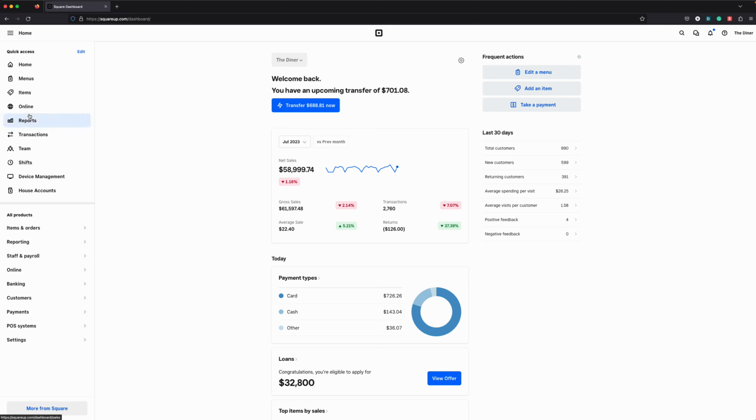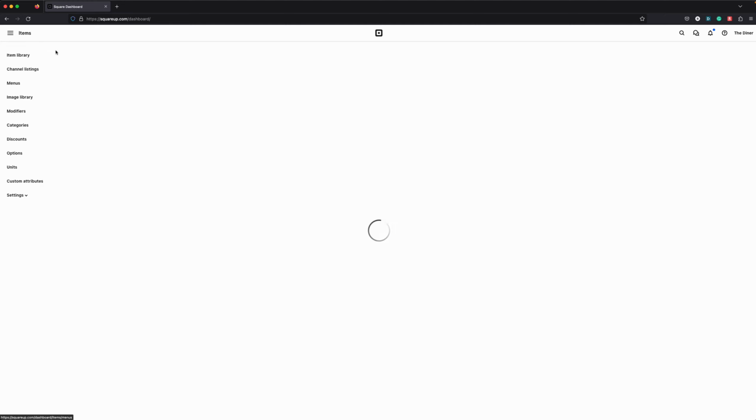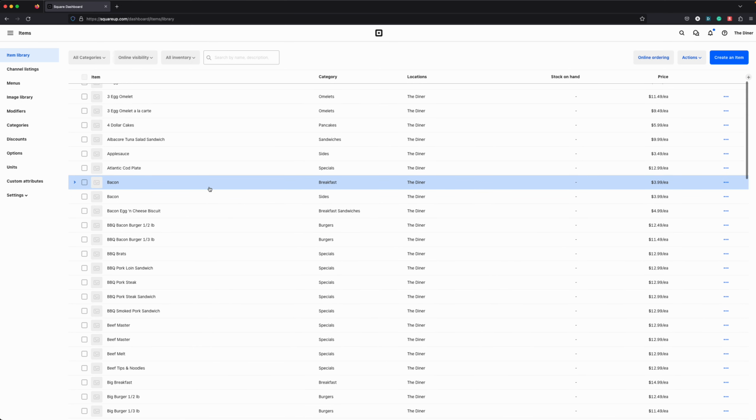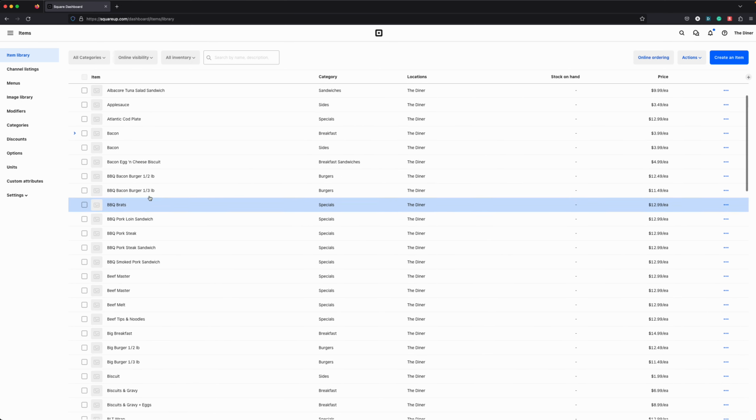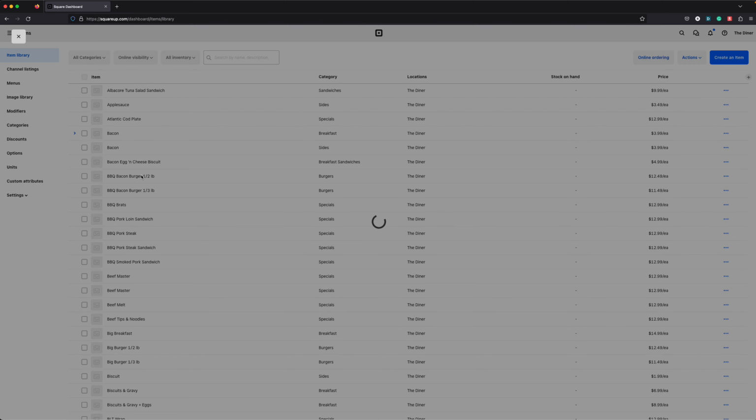I'm going to show you a little bit about Square Online for the online store. I went through and previously showed you how to add items and edit items. The same items that are in your item library are the ones that Square Online will pull. If I look at a barbecue bacon cheeseburger,